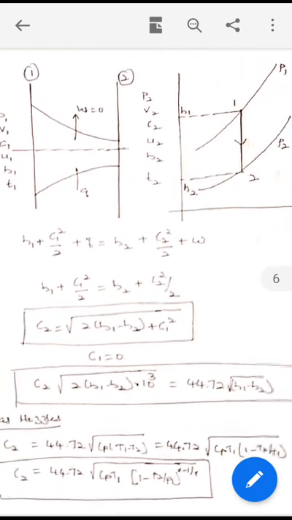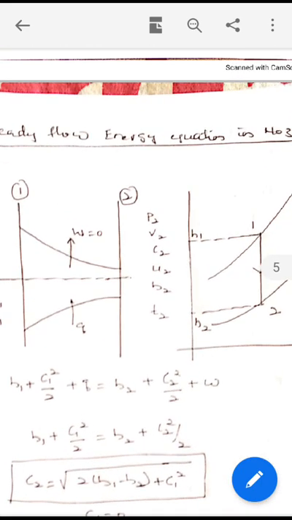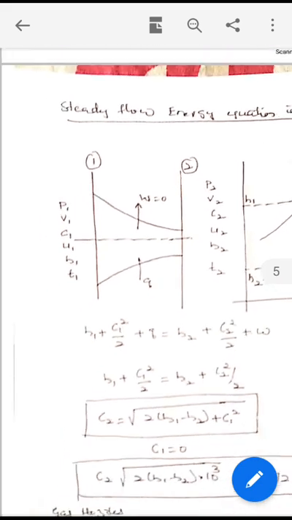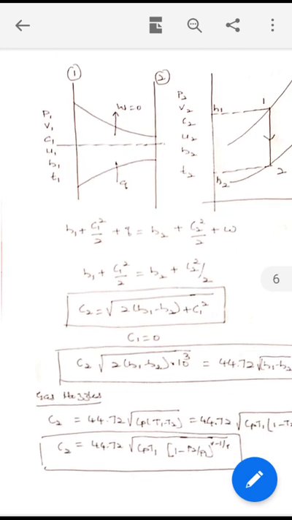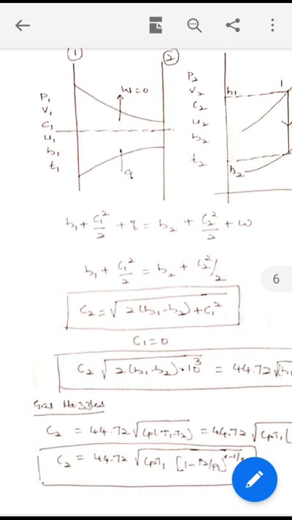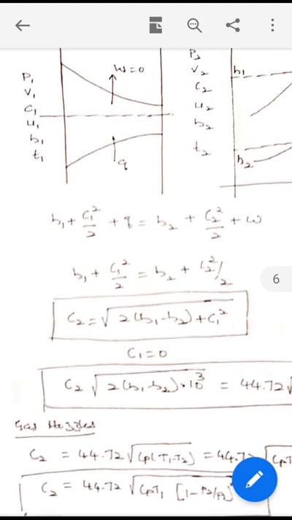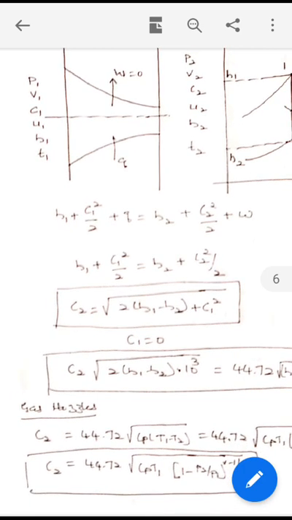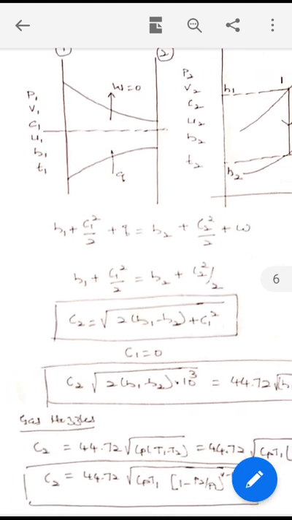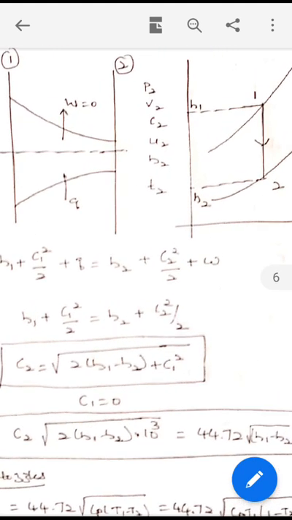Then steady flow energy equation. We will apply the steady flow energy equation for a nozzle. Section 1 is the inlet of the nozzle, section 2 is the outlet of the nozzle. Properties at the inlet are given: P1, v1, C1, u1, h1 and T1 are the pressure, specific volume, velocity, internal energy, enthalpy and temperature. Similarly, properties at the outlet are pressure P2, specific volume v2, velocity C2, internal energy u2, enthalpy h2